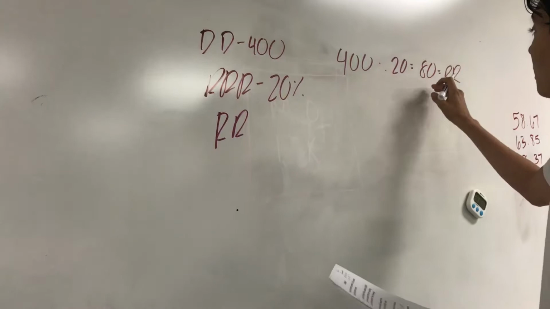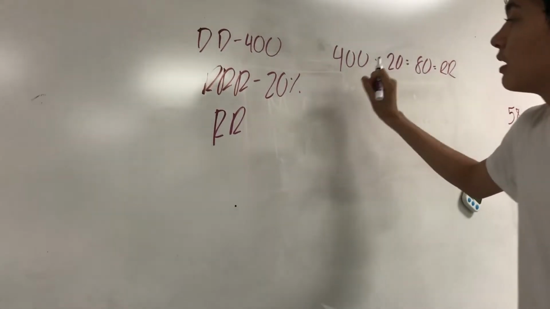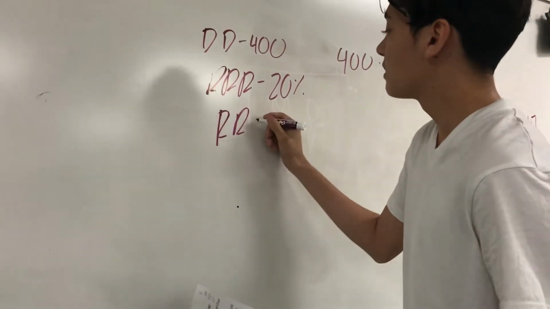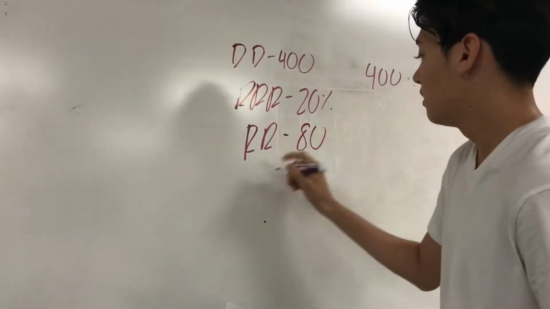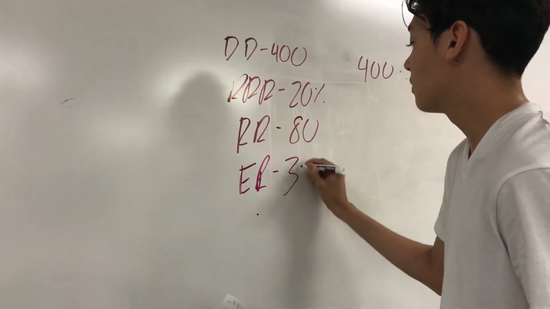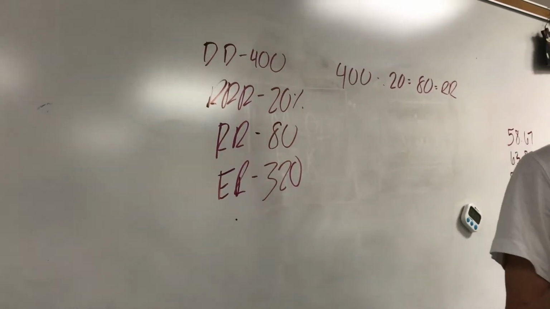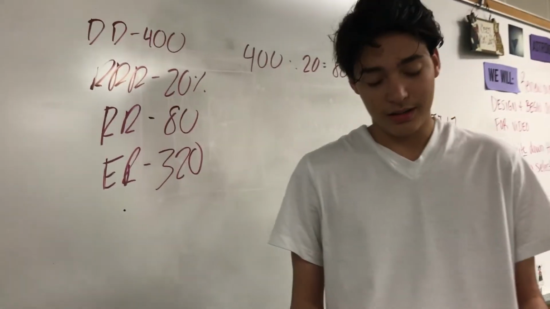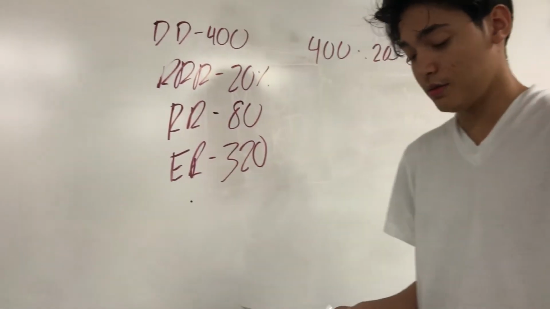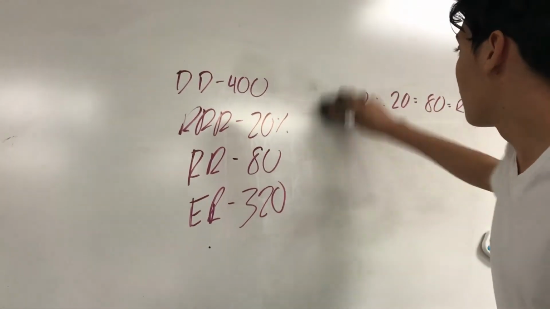So out of these, you subtract the required reserves from your DD. Let me write this down over here just so you guys can know. So 320 is our ER, and that's the maximum dollar amount the commercial bank can initially lend. That's our excess reserves. You can remember that, guys. So, all right, now that we figured this out,